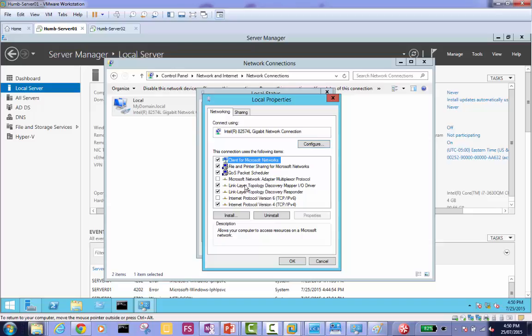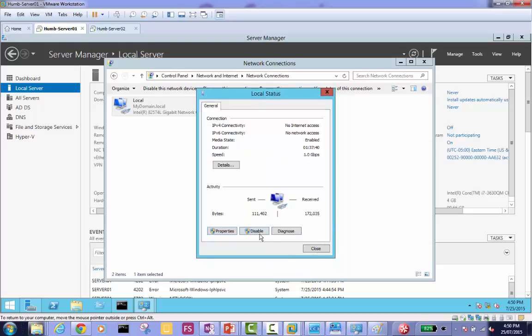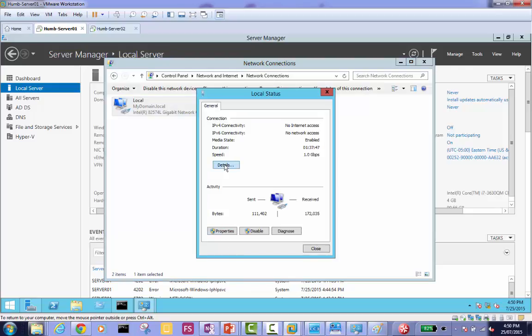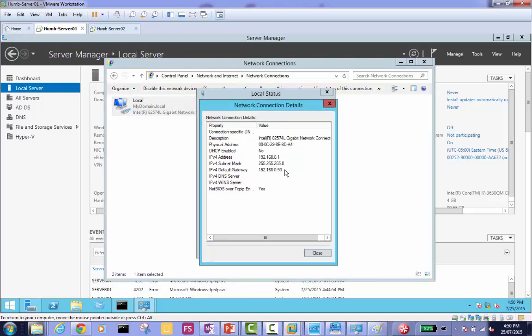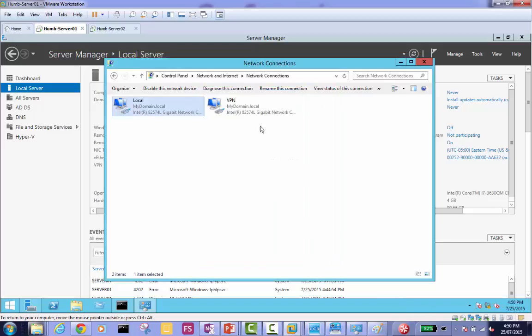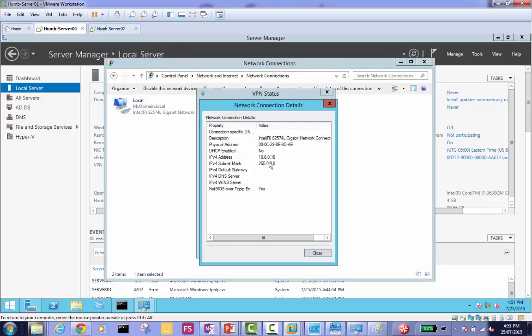Okay, guys, do you know what we did? Everyone did that? Okay, we saved a lot of time here. Now both of them are in the local. Now, if I go to details, it should be exactly like this. Everyone has this? Different IP? Yes, different IP. Okay, the IP you used to have for your domain controller, right? Yeah, you have that. If we close this, do you still have the same VPN IP details? Everyone has that? Okay, let's go ahead.